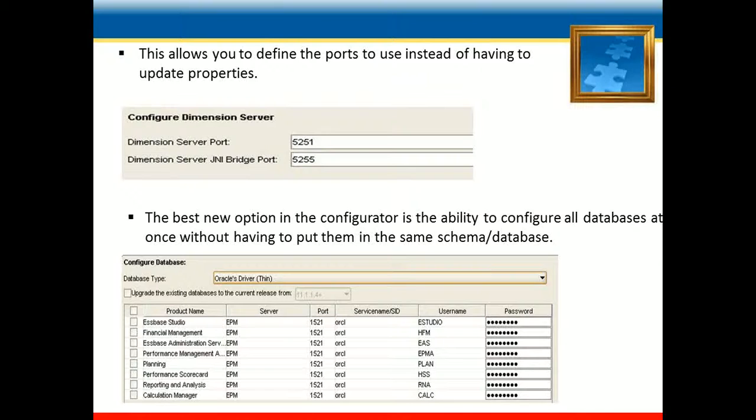So here, configure dimension server now allows you to define the port instead of having to update the properties, as mentioned in the screen, like the dimension server port and the dimension server JNI bridge port.